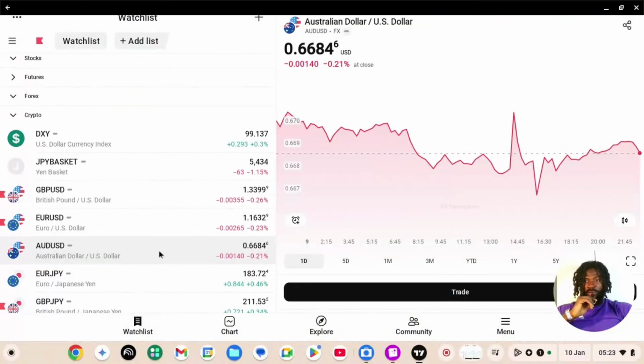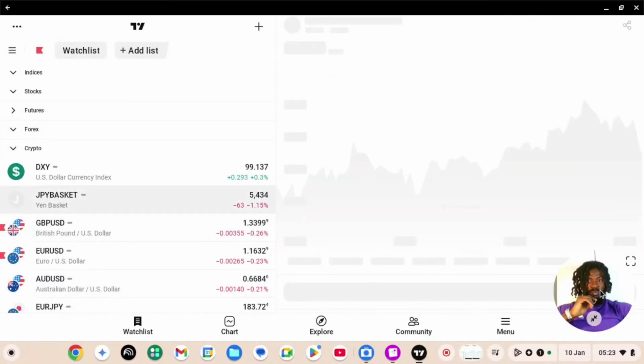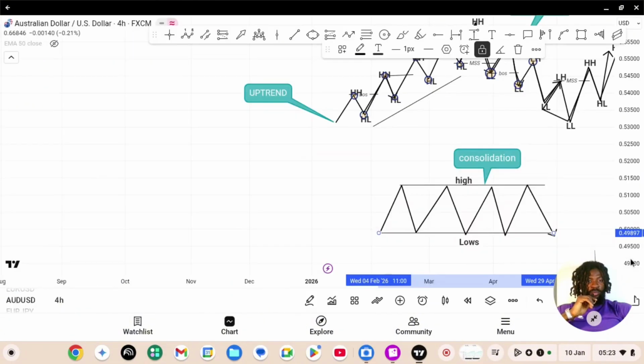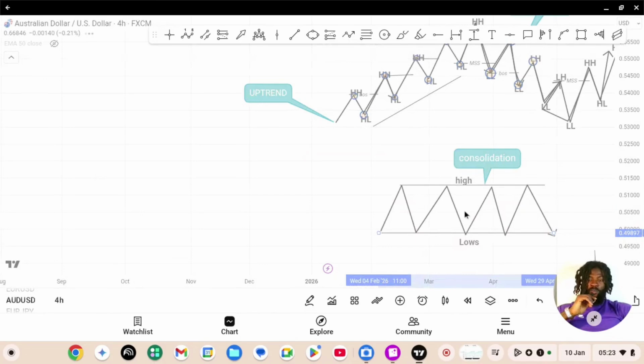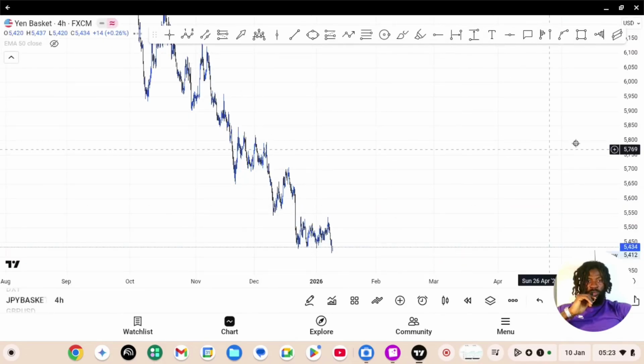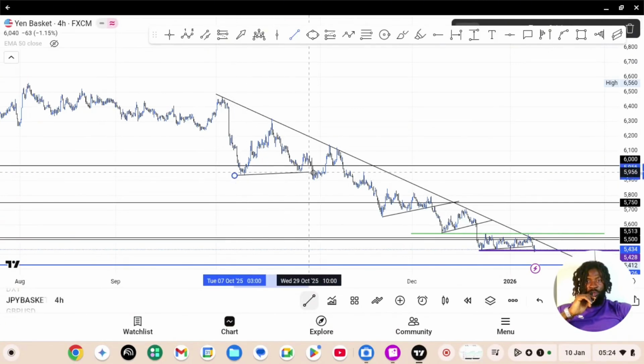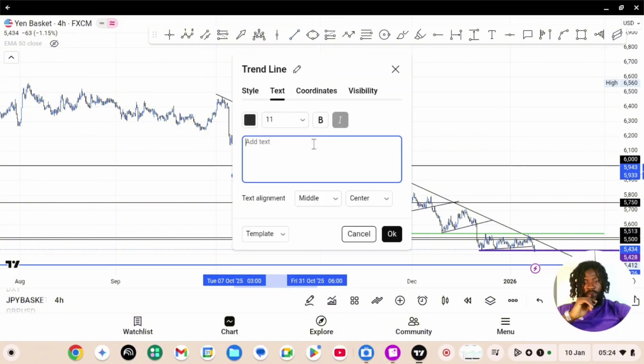Which chart am I going to use now? Let me just use this one. Looking at this chart, you can see it's a clear downtrend. How do you know it's a clear downtrend? By giving us a break of structure downwards. Let me put it here. BOS, a break of structure,